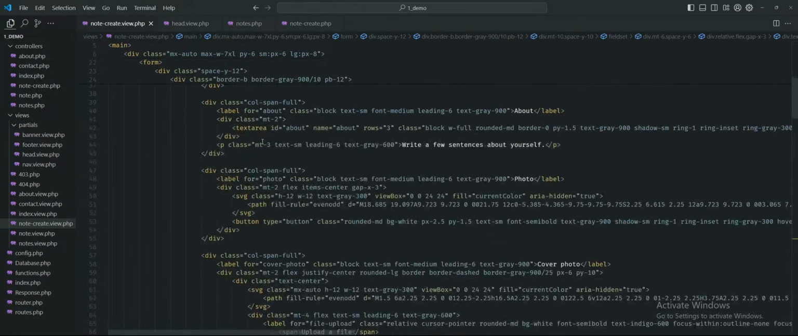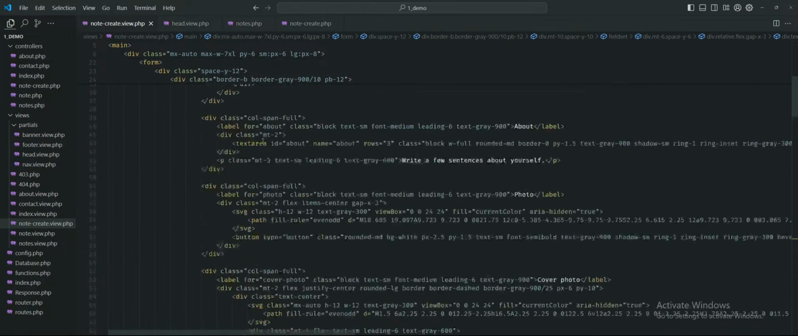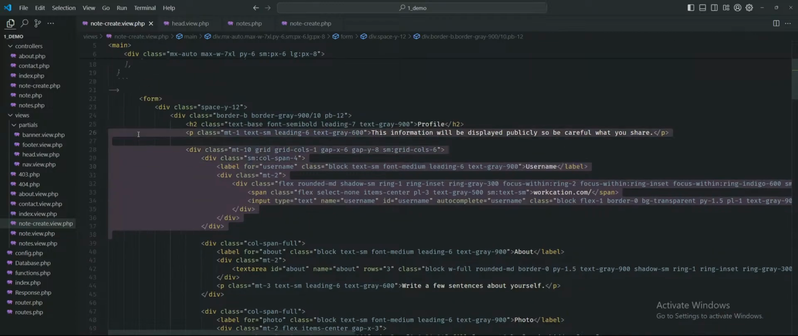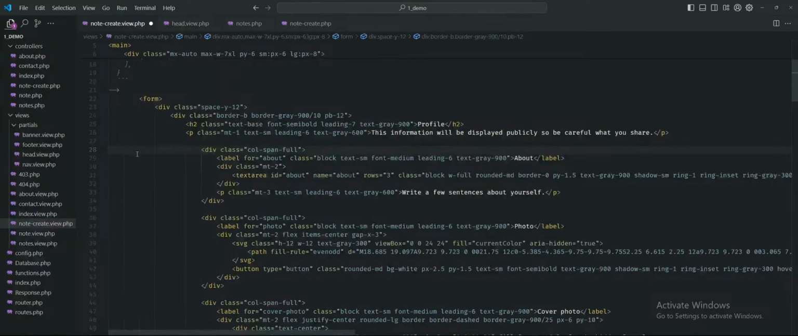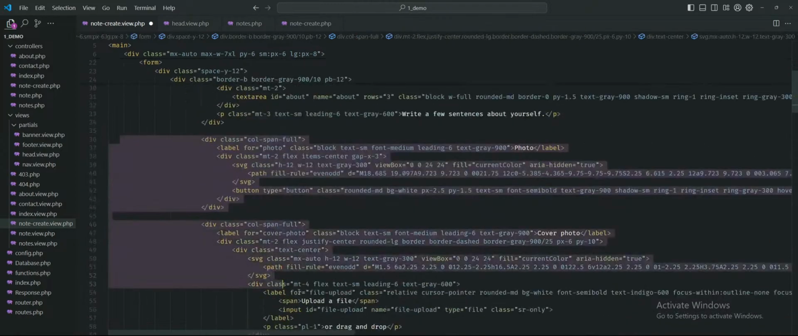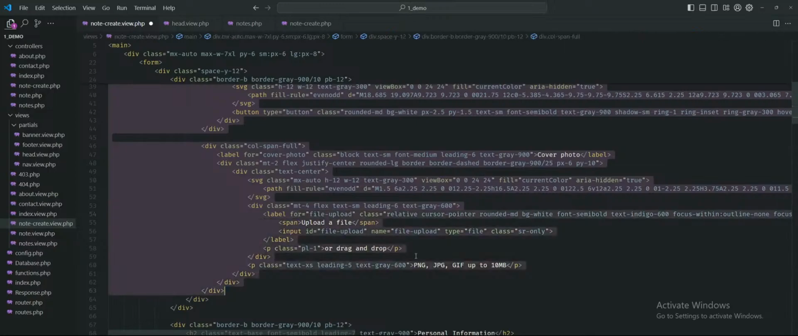Okay, so let me get rid of everything but about. So this is about. I'm going to keep this. I'm going to remove this. I'm going to remove, name is about. Write a few sentences about yourself. This is fine. All of this is just about. And this is for photo. I'm going to remove photo. I'm going to remove cover photo, file upload, drag or drop,